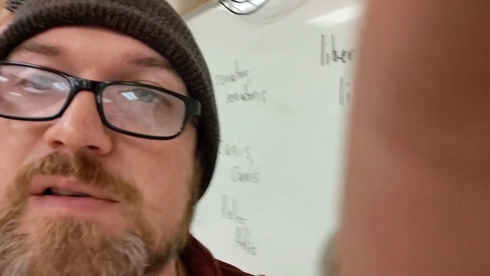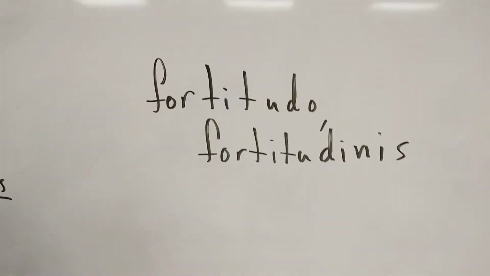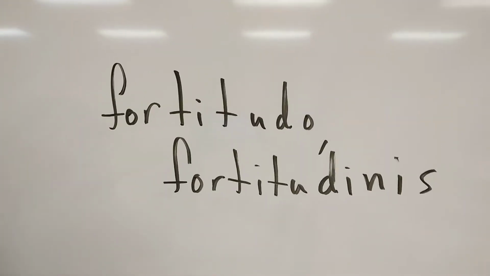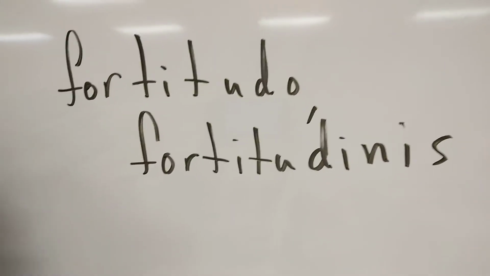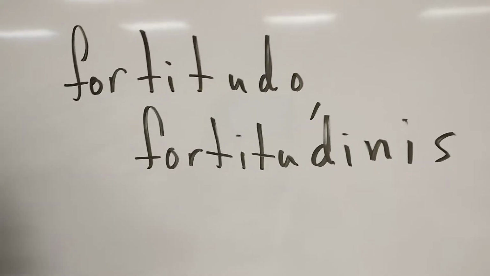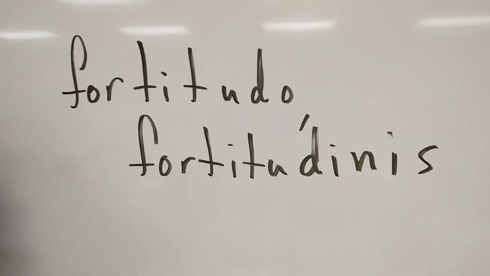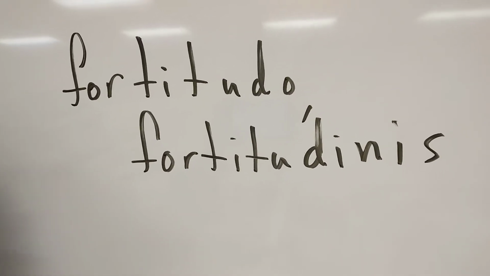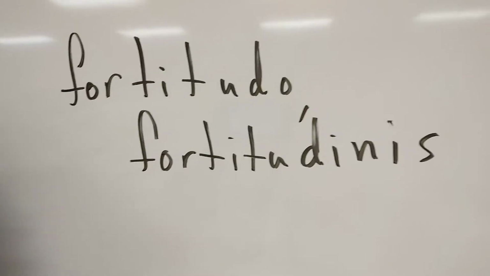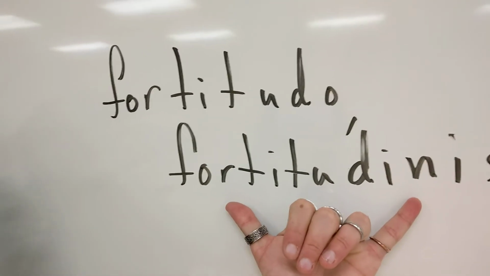All good. And there are other similar patterns that also often exist in the third declension that give us a lot of words, sort of like fortitude. That's a word a lot of people know. Well, it comes from fortitudo, fortitudinis, and a lot of the words, maybe all of them in English that end in tude, are these tudo, tudinis nouns. And that's actually why in English we have the noun fortitude, but if you wanted to make an adjective out of it, it would be fortitudinal, because you'd use the fortitudin from the genitive stem.